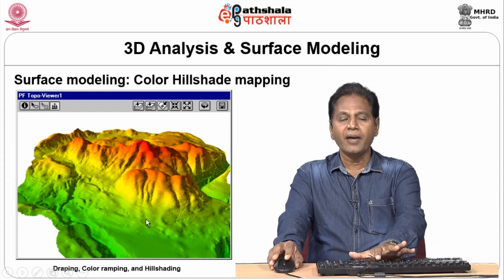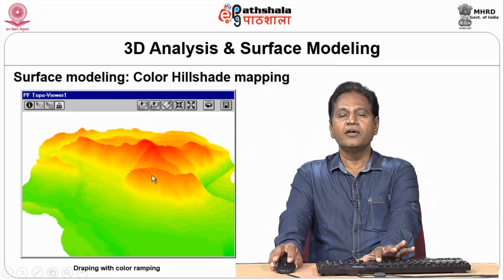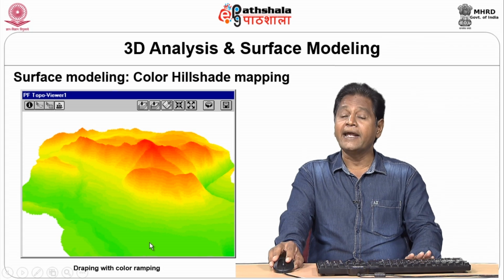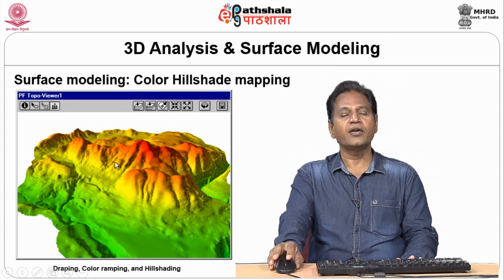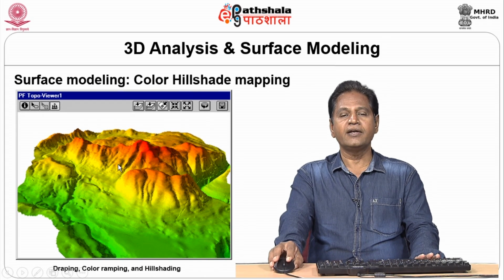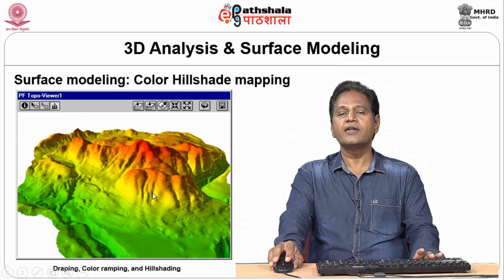So a DEM may appear slightly good. I was telling you this dark color is indicative of higher elevation, this is of lower elevation, but exact coloring will give you the real picture of what is hidden behind. A DEM, if it is color shaded, will give a better model, and this is what we normally call surface modeling. Now you can plan accordingly what is required here.